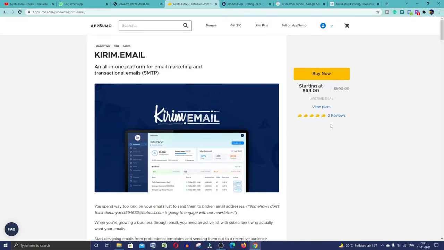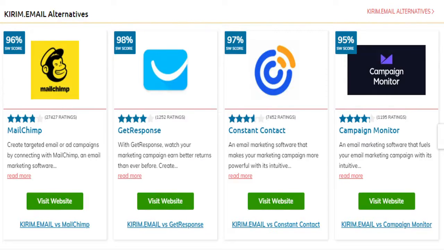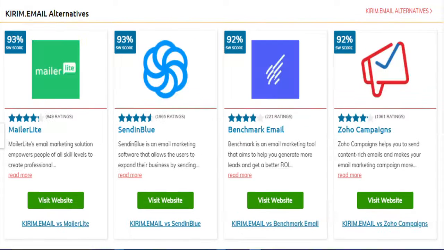Okay, so let's move on to the next. If you want to access this tool, you will get so many features in it. You can compare this tool with all the tools you are using continuously, and some alternatives are also available in the market. Maybe you are using some of these, like MailChimp, GetResponse, Constant Contact, Campaign Monitor, Aweber, SendPlus, MailerLite, Sendinblue, Benchmark Email, Zoho Campaign.